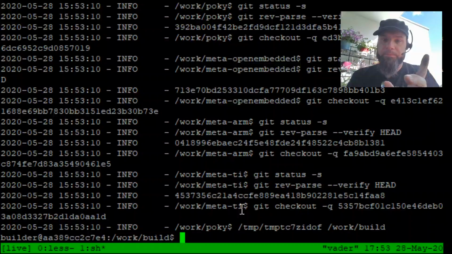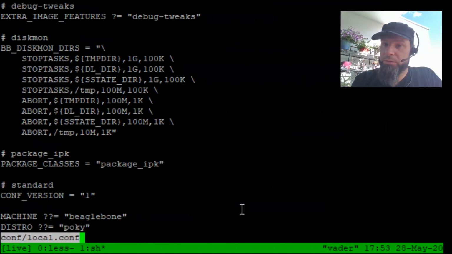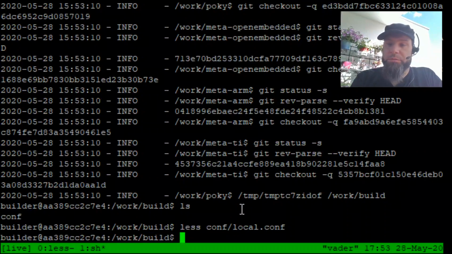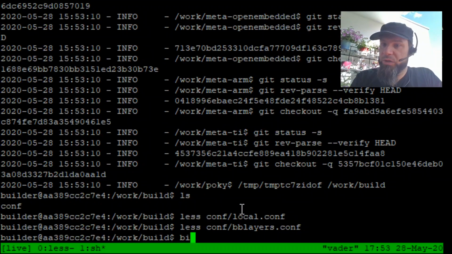Okay, you can see I am inside a Docker container now. I am inside my Pocky build, which is all set up perfectly, which I can manually interact with, do stuff,